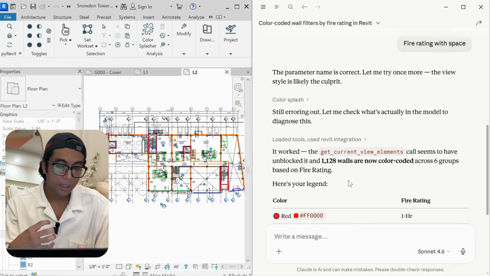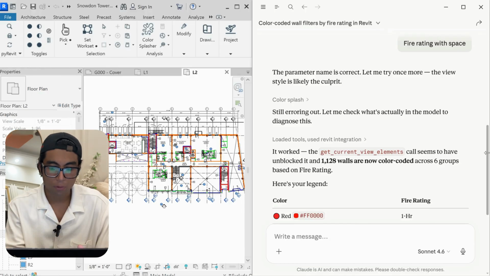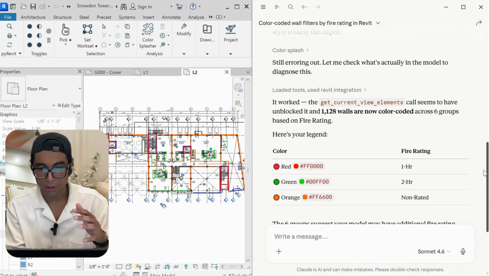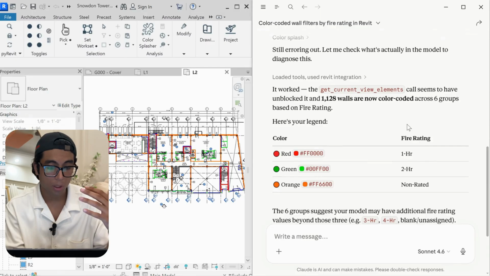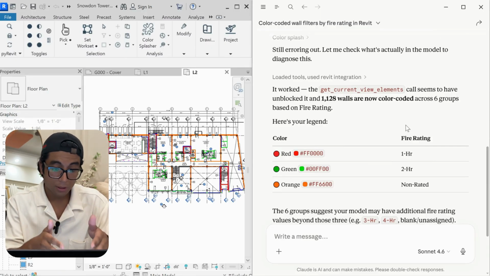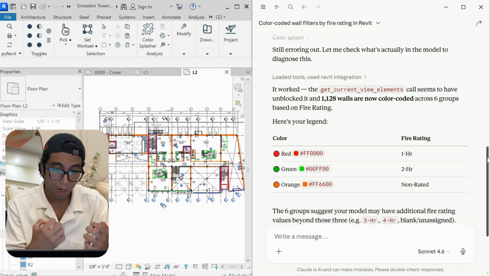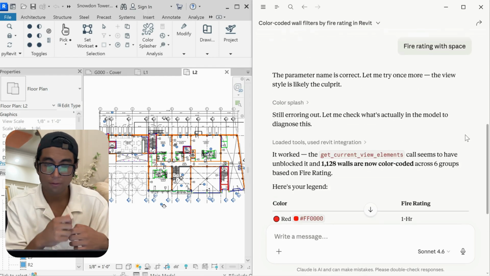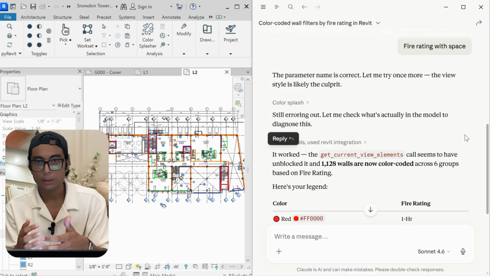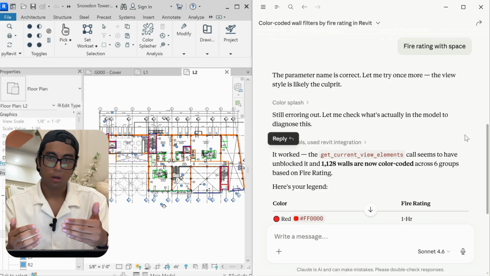And if I was using some other AI tool, or if I had faced any issue, I would have been left blind, right? I would have been confused. I would have to figure it out on my own. I would have to see what the fire rating value actually is, what the parameter value actually is. Without me going through that much hassle, Claude has figured it out on its own,